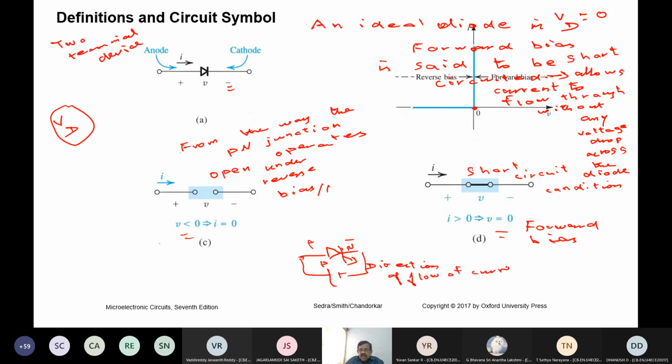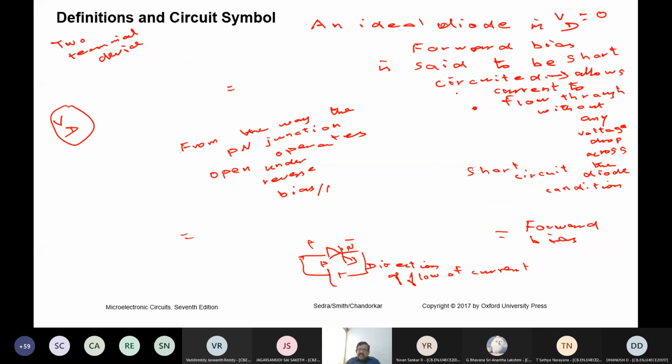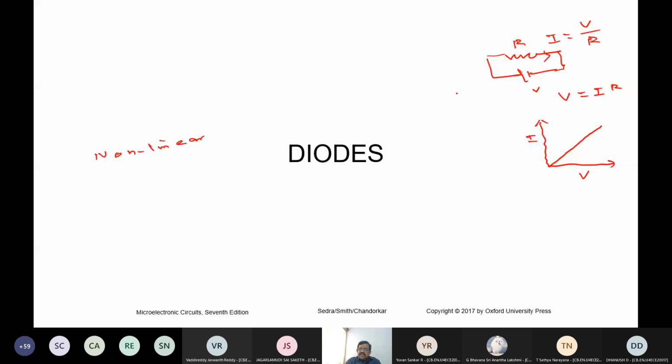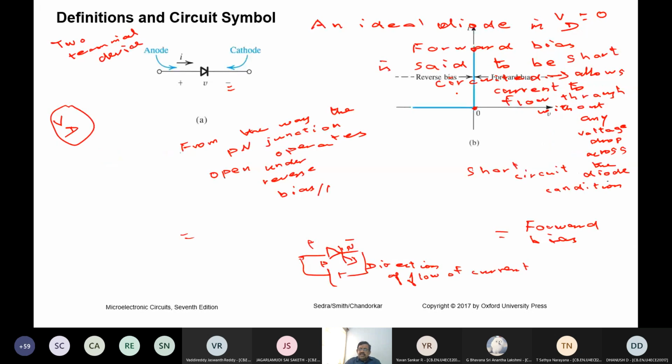Now I want you to understand a little bit more from this slide. You see here, I begin with the introduction. The diode is a non-linear circuit element. Now you can question me, sir, here it's linear, here it's linear. Agreed. Okay, so there are two linear segments here, not a single linear segment like in this slide. Like here, it's not simple linear. There are two linear segments